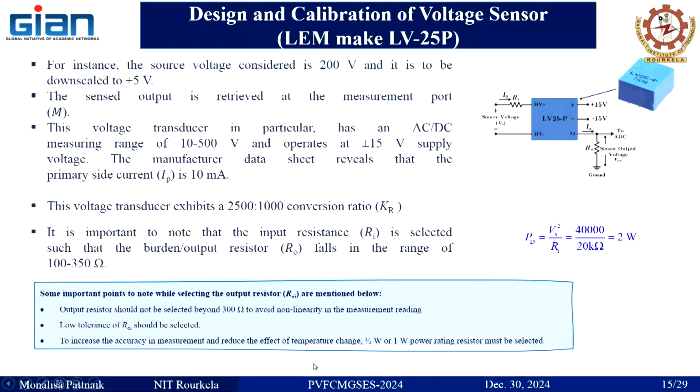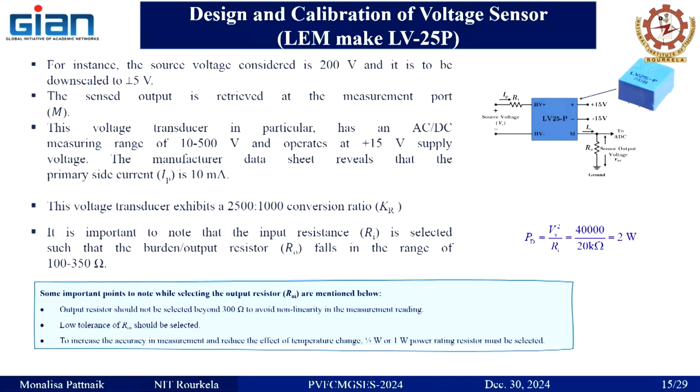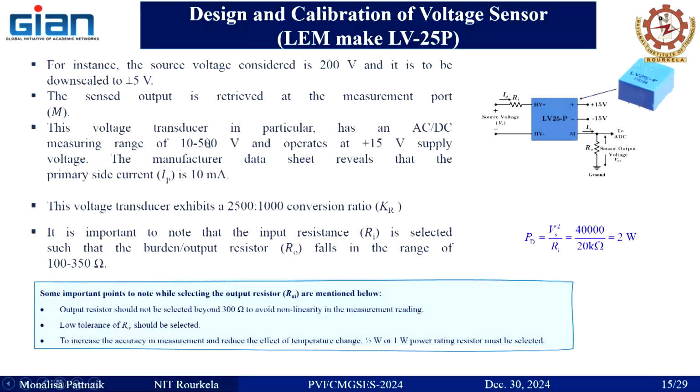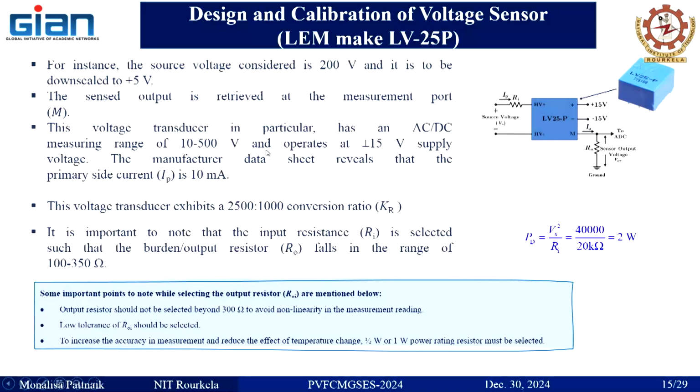So we are using the LEM LV25P Hall effect voltage sensor for the voltage measurement purpose. Here also, the voltage that can be measured is in the range of 10 to 500 volt, and it operates at a plus or minus 15 volt power supply. The manufacturer data sheet